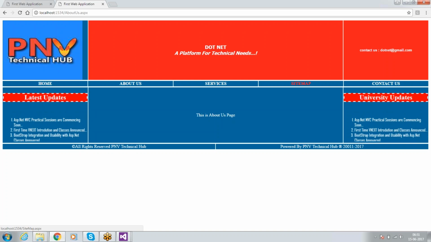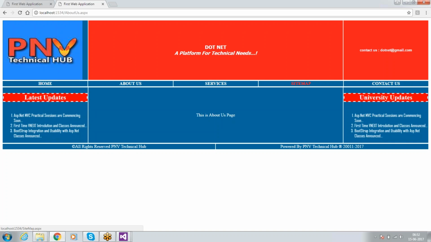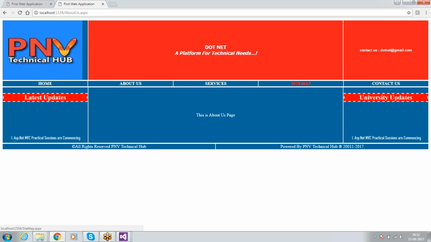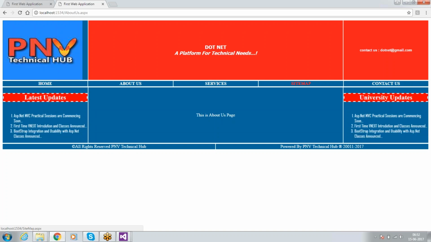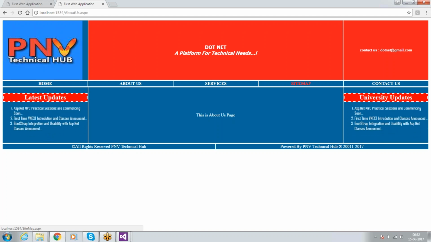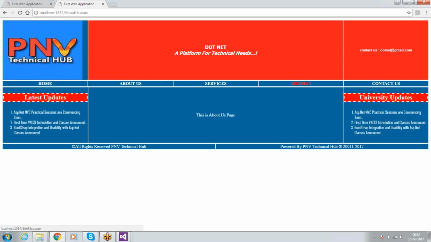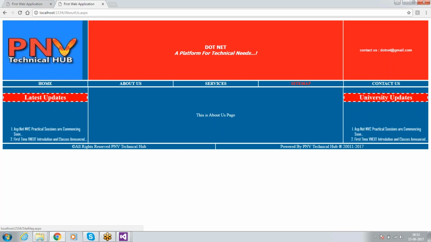Whenever we are developing web applications or web pages, most of the time search engines like Google, Yahoo, Bing are trying to figure out our sitemap. If a sitemap is there, the information related to the web page is easily crawled by the search engine, because the sitemap contains the entire information related to the website.